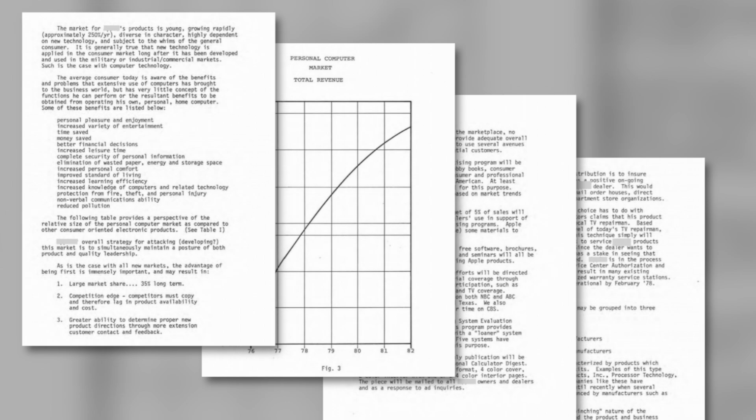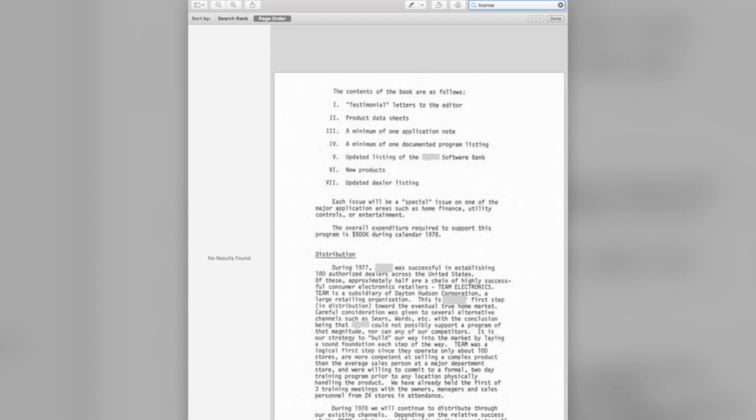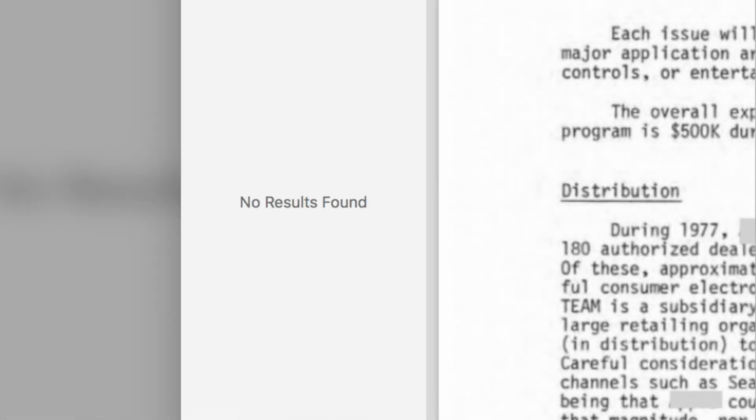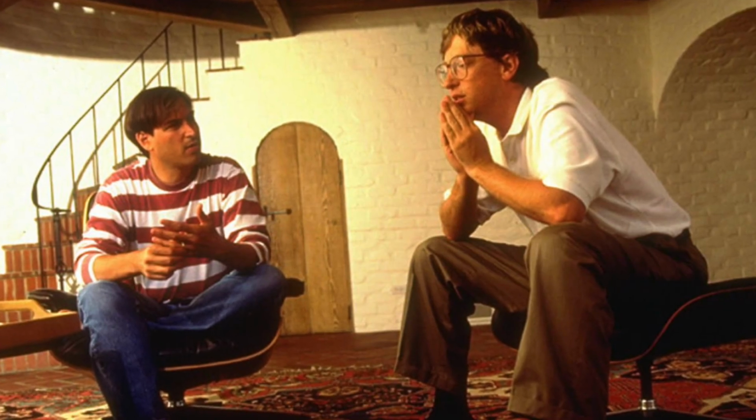At the time, the two companies were great partners and actually helped support each other's businesses, until Bill Gates and Steve Jobs had a disagreement about the management of Apple. Bill Gates was reviewing Apple's business plan and thought it didn't make much sense. They weren't planning on licensing their software to anyone. He brought it up to Steve, but the idea of licensing Apple's operating system to other hardware companies was unthinkable